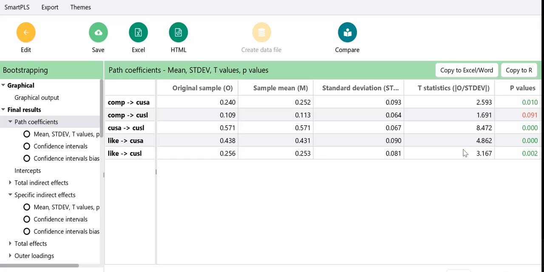Whatever effect is coming from competence to customer loyalty is from customer satisfaction. That means whenever you add a mediator here, the result is coming significant. But if you only measure the impact of competence on customer satisfaction, it is coming as insignificant. Now if we see likability to customer loyalty,